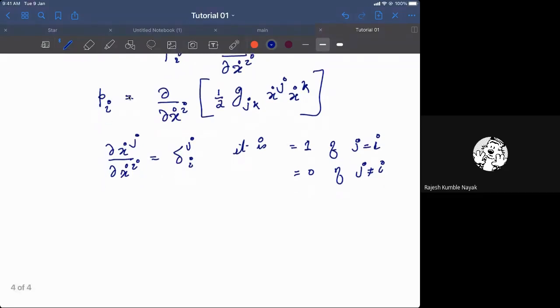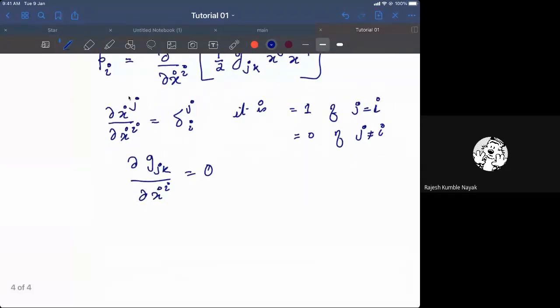And the other thing which you know is that the derivative of g_jk with respect to x dot i is 0, because from the structure of kinetic energy, we have assumed that your coefficients do not depend on the generalized velocity. That is a basic thing we started with. Now we use the chain rule, differentiate it properly,